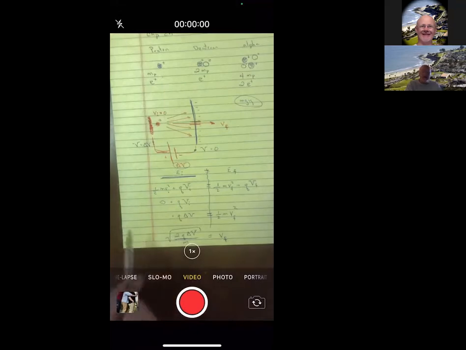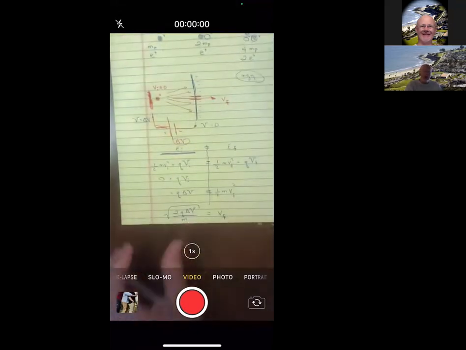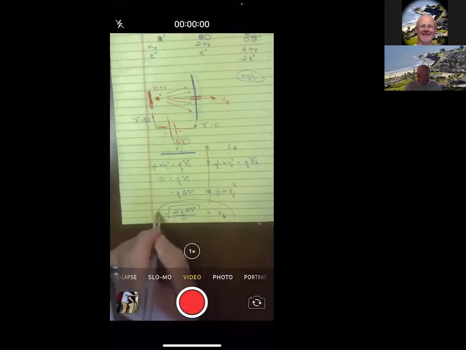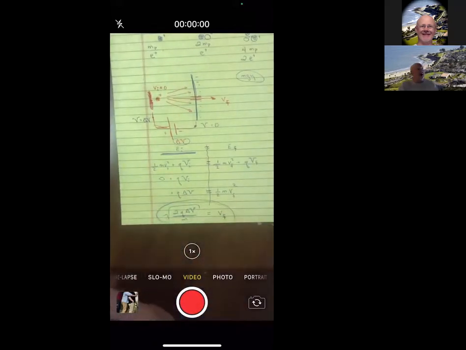This here would be the equation for how fast they would be going. Now, to be quite honest, I don't think you need to redo this equation like I just did for this problem. It's been done in a number of other problems and in the book. So I think